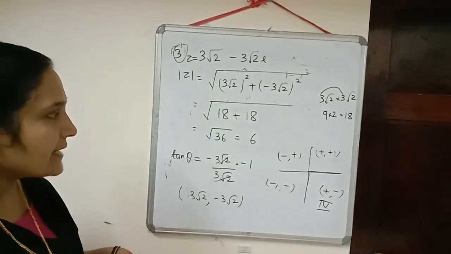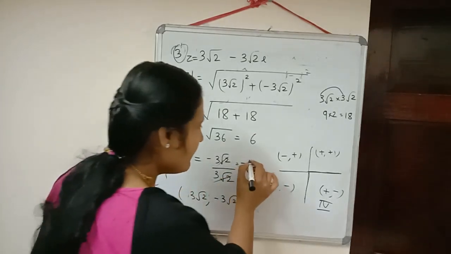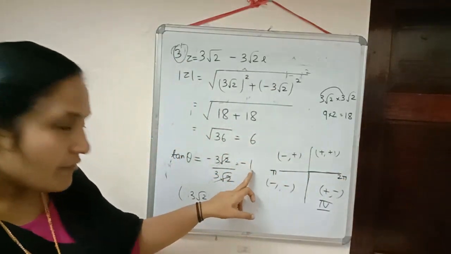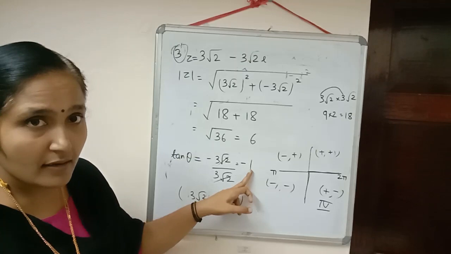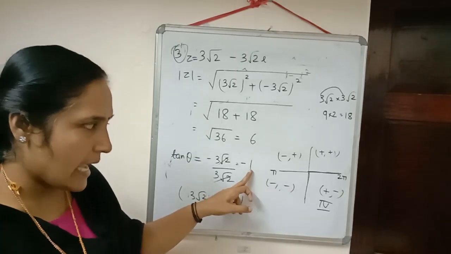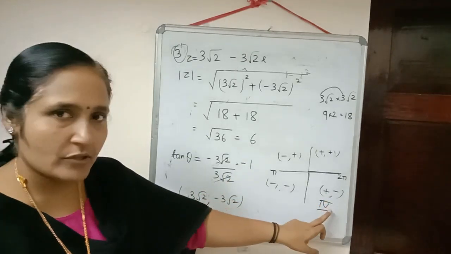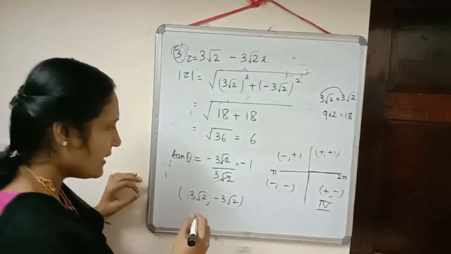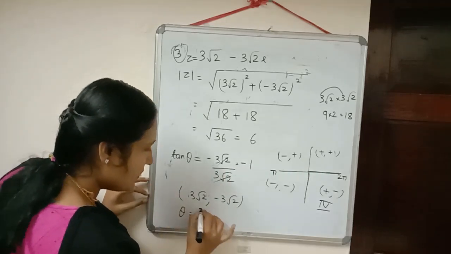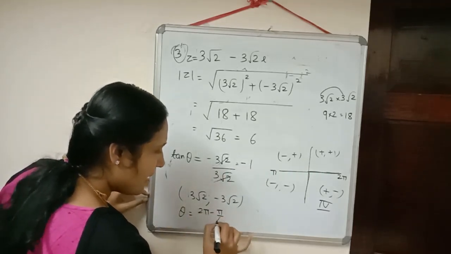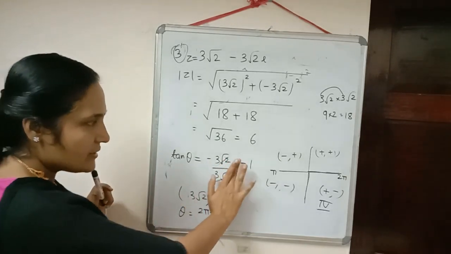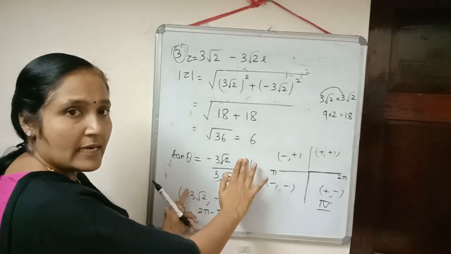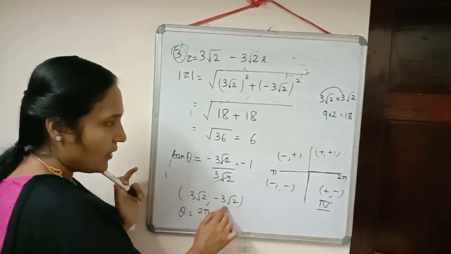Now how will we find that angle? For that, just check the value, not the sign. When tan gives 1, yes, π/4. And the angle is in which quadrant? Fourth quadrant. Fourth quadrant means it will be smaller than 2π. So how will we write that angle? θ is equal to 2π minus π/4. So the negative sign you don't check there. The negative sign will come according to the sign of the points.